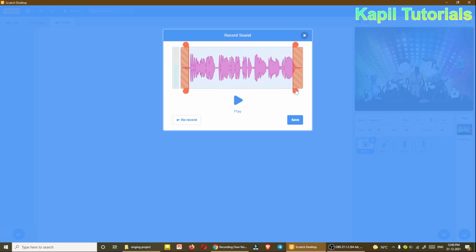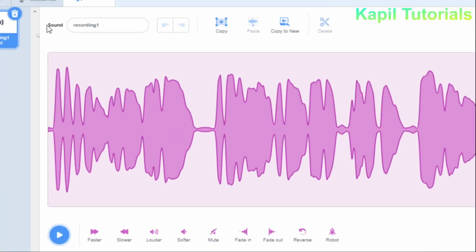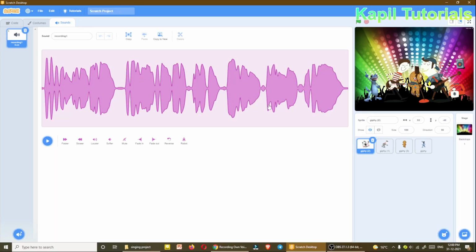Suppose I want to select till here. Now if I want to play it, पापा कहते हैं बड़ा नाम करेगा, बेटा हमारा. So it is taking the whole part. It depends on how much of what you have recorded you want to take. Now after selecting it, you can click on save. After clicking on save, you will see this kind of box appear, the dialog box.